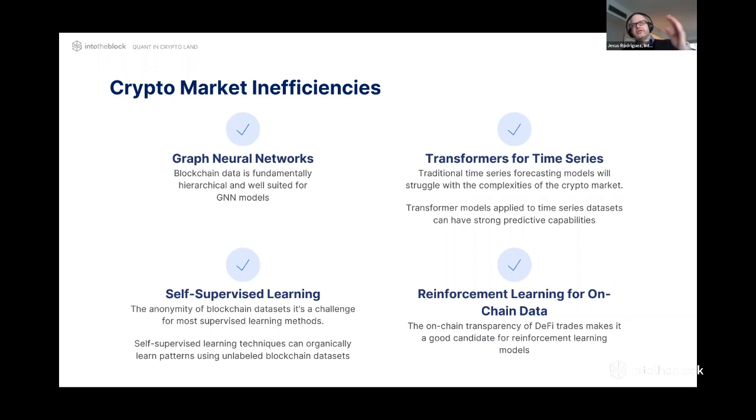And obviously a canonical use case for this is social media. You're seeing companies like Facebook and Twitter throwing a ton of research behind graph convolutional models and things like that. And blockchains are fundamentally hierarchical, so you can model entire blockchains in a graph data structure. So graph neural networks have a place for attacking this type of problem, particularly quant strategies for blockchain data sets.